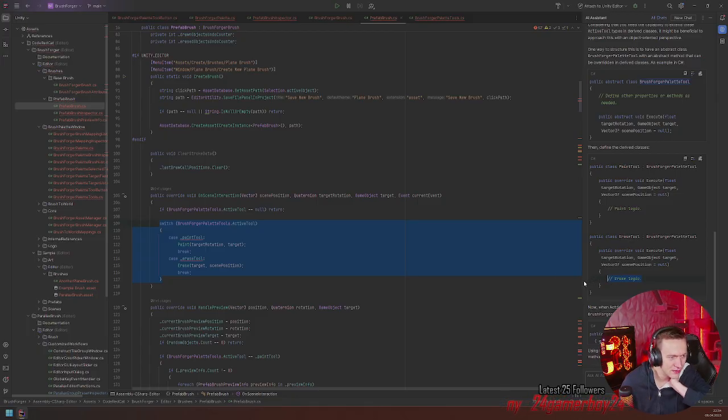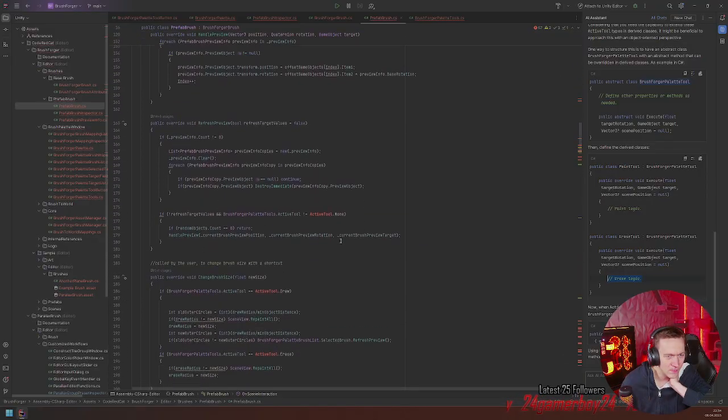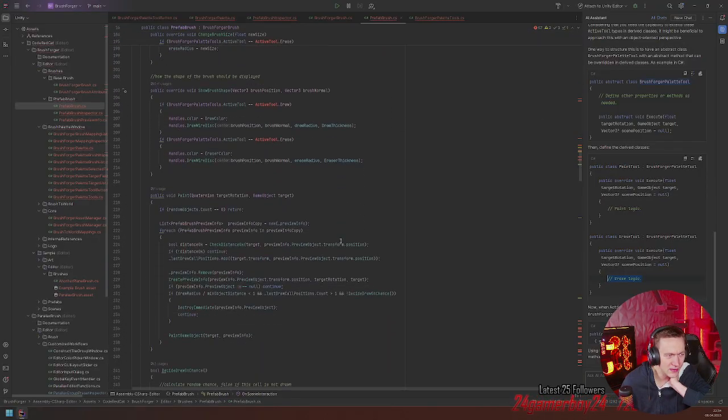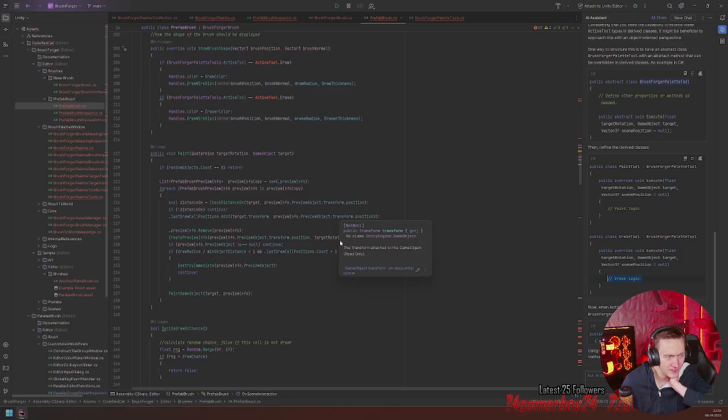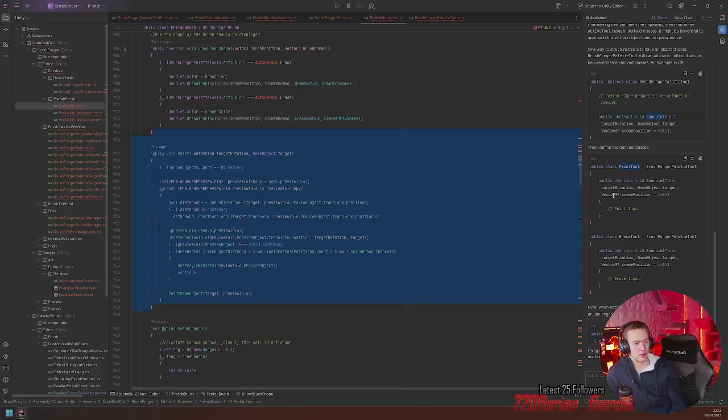Except if I write down everything in here that is under the paint function and everything else, and put it into the tool, and then say this is a prefab tool. Okay, I need to think about that.